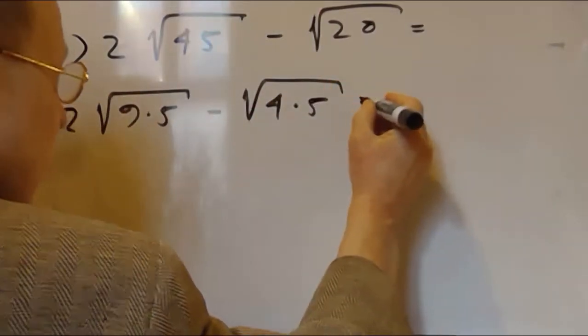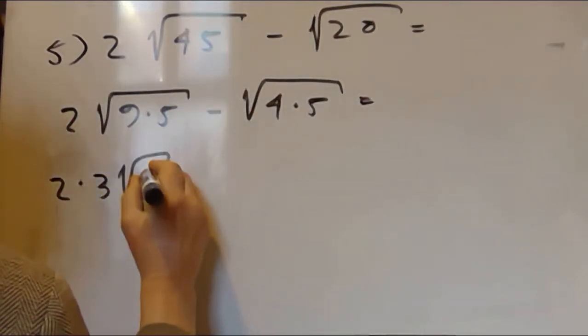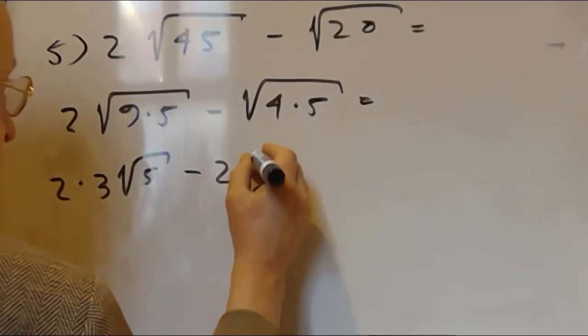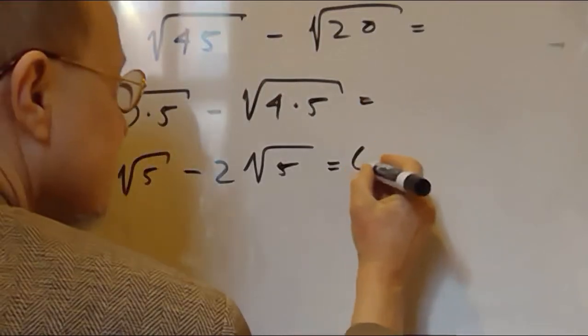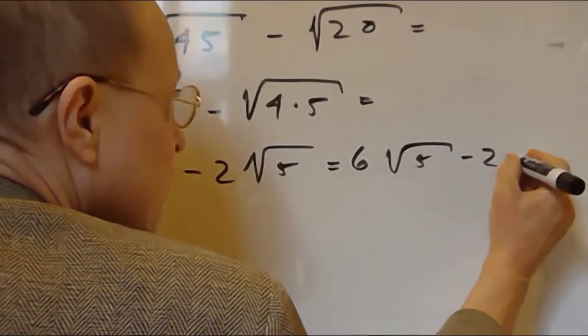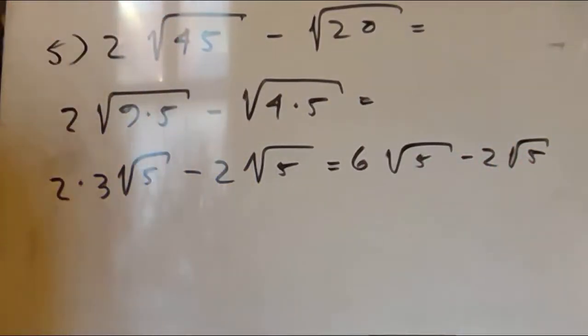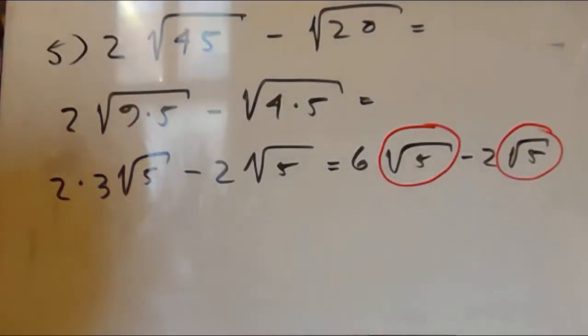So now we take out the perfect square, 2 times 3, square root of 5 minus 2 square root of 5, and that will be equal to 6 square root of 5 minus 2 square root of 5. And as you see, by simplifying it, we found that we can combine these two, and we get 4